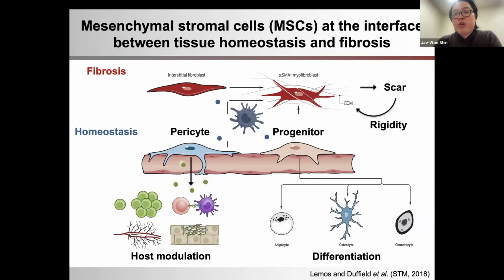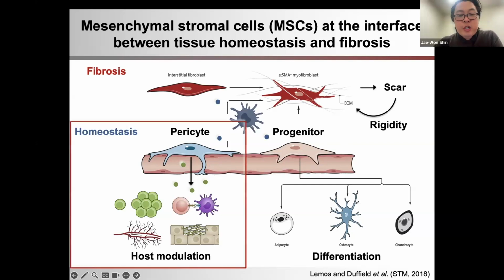Although MSCs have this ability to maintain tissue homeostasis, directly injecting them into the scar wouldn't really help because the scar itself can compromise this MSC function. So we did basically a thought experiment: what if we can supply the body with MSCs, but also protect them in microscale niches in order to allow them to secrete these therapeutically relevant molecules as a means to